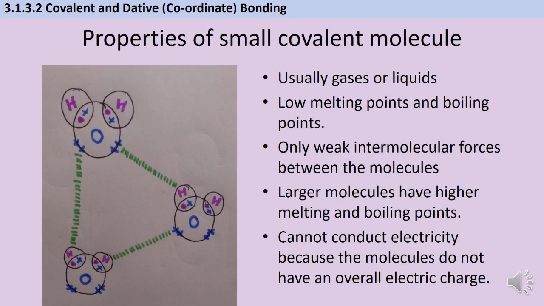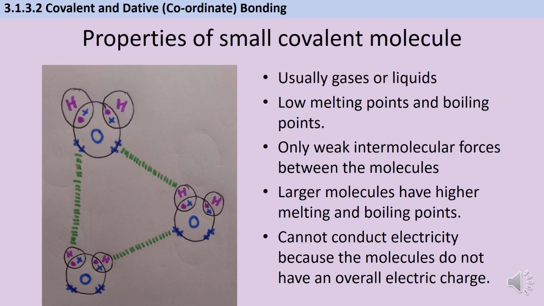The reason for this is because they only have weak intermolecular forces between the molecules. So if you look at these three water molecules I've drawn, you can see that they've each got two strong covalent bonds between the hydrogen atoms and the oxygen atoms. And those bonds are very, very strong. But when ice melts to make liquid water, or when water boils to make steam, it's not those strong covalent bonds between the atoms that are breaking. What's happening is this very weak intermolecular force between the separate molecules, which I've represented here with the green lines,